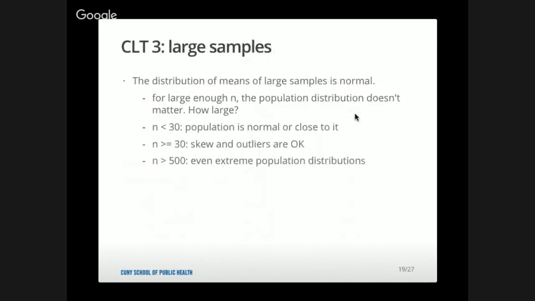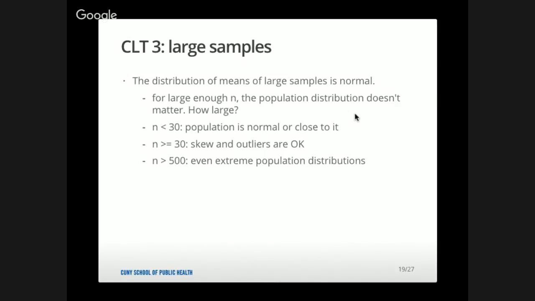And the third part has to do with large samples, that the distribution of means from large samples is always normal, regardless of the population distribution. So how big is big? And there's no real answer to that, but I guess here are some rules of thumb. If you have a sample size of